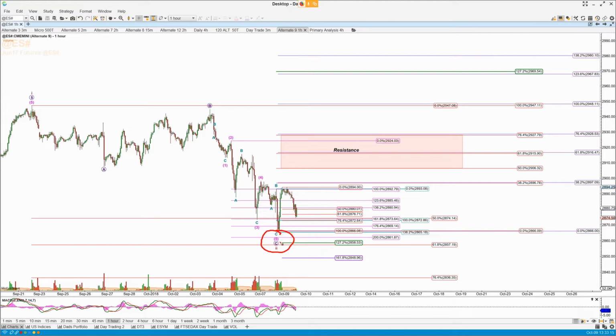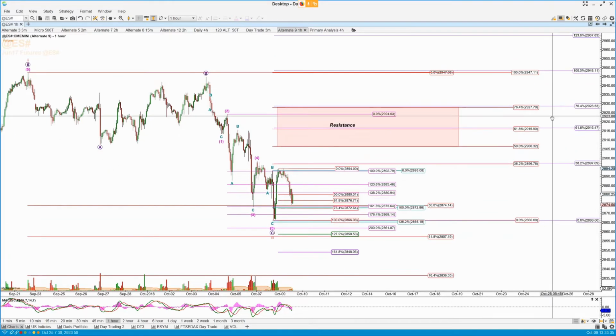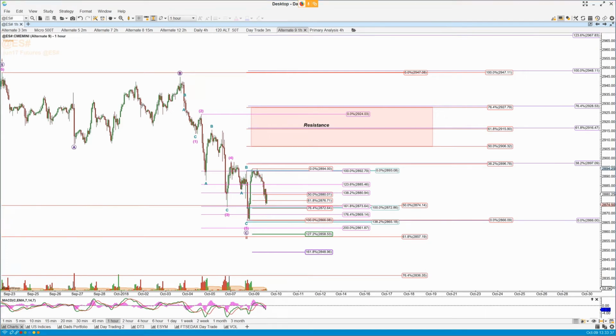But on the basis that this is a local low of some description, it can either be the 2 of 3, it can be the A wave of the 2 of the 3, or it can be the A wave of a 4 in the diagonal count. So it's the next move up followed by the pullback from it that will give us the information that we need for the next few months, in actual fact.